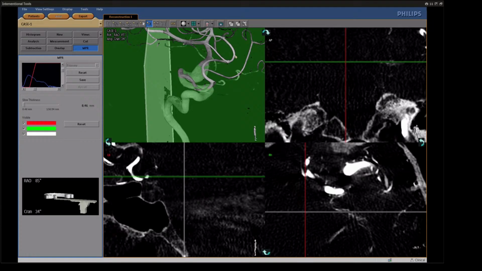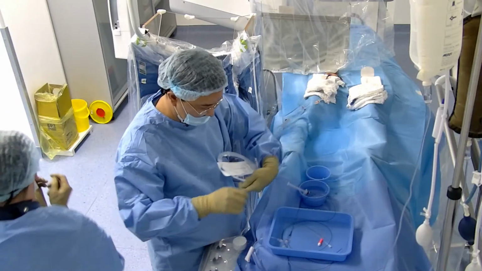Okay, we'll take one microcatheter for stenting, which will be 17 Headway, and then it will be